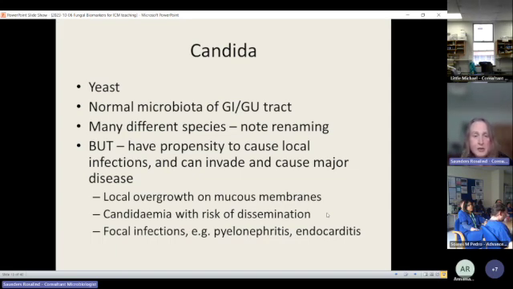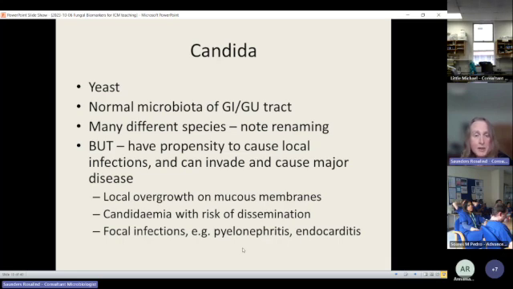to other sites. So candidemia is when it's in the blood. It can get into the eye causing candida endophthalmitis. It can stick on heart valves causing endocarditis. And often the original source of candidemia in an ITU patient would be from the skin via a central line or similar. In addition to that, you can get ascending infection from the urinary tract causing a candida pyelonephritis, or